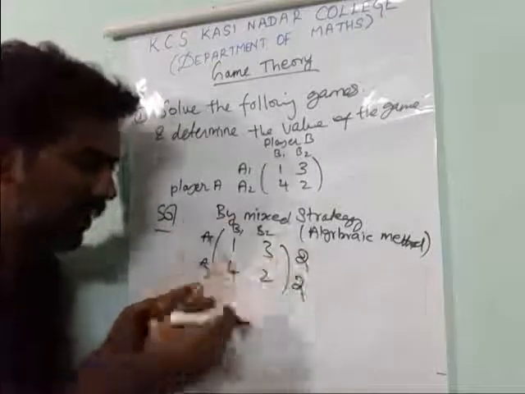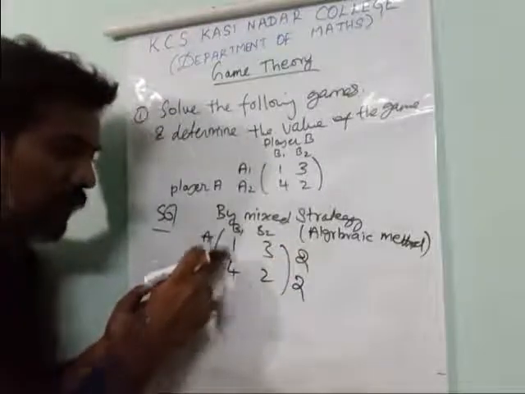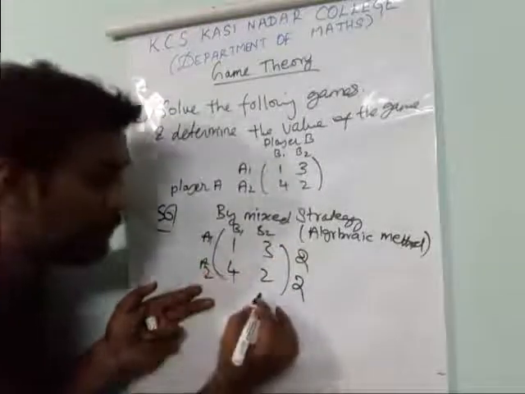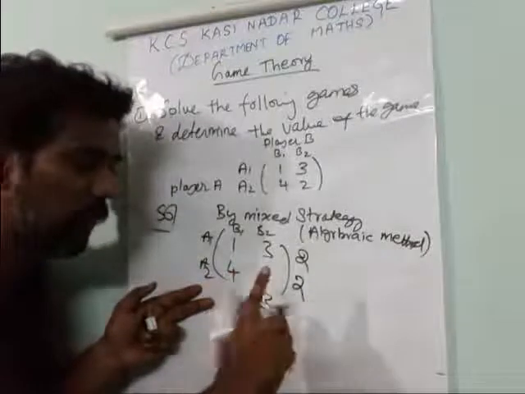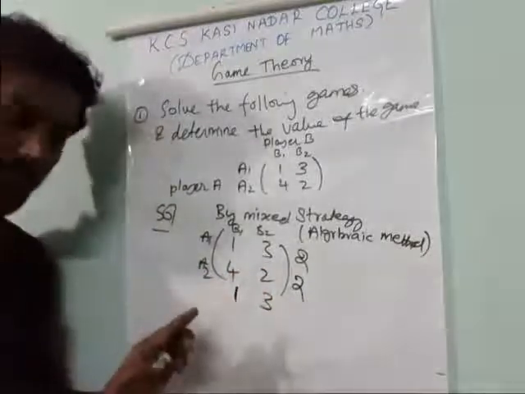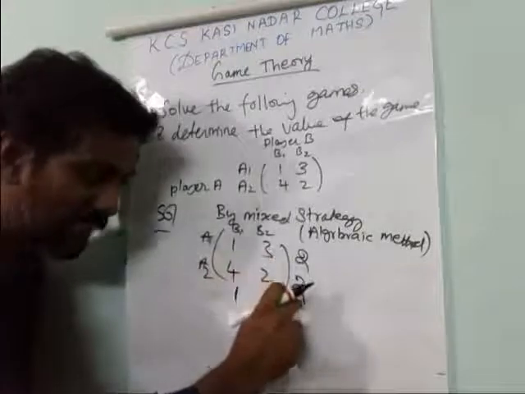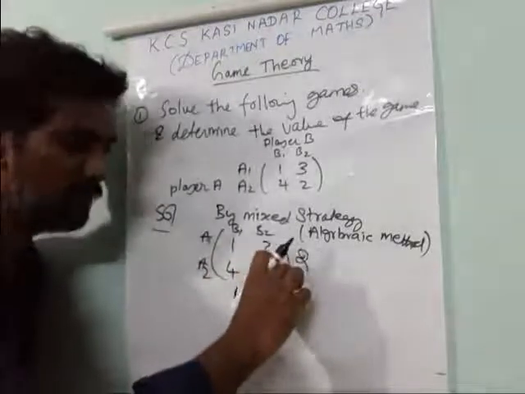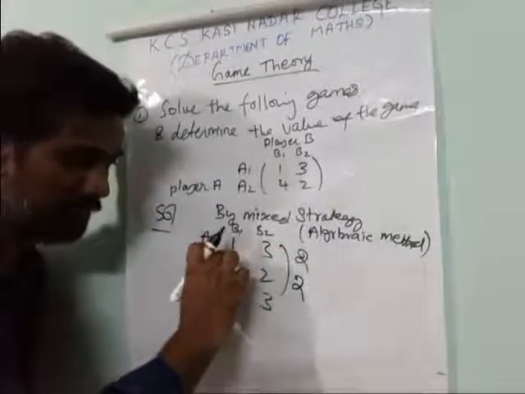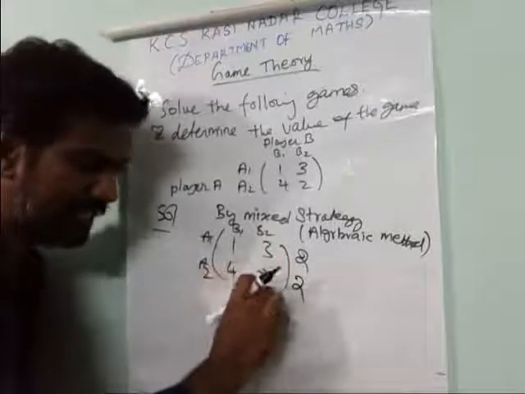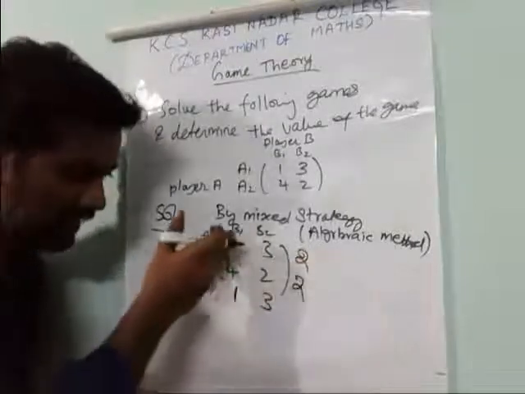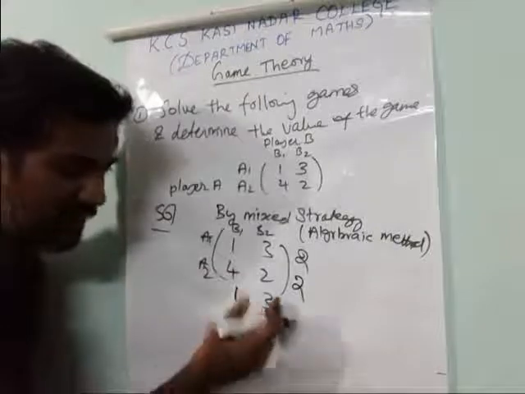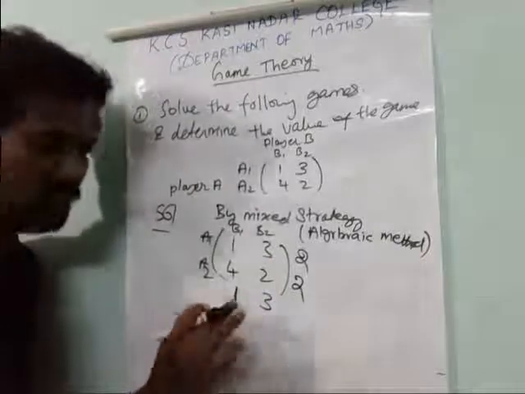Now column wise. 1 minus 4 is minus 3, you take plus 3. And 3 minus 2 is 1. Write 1. Just subtract and write down. In the first row you write it down, in the second row write it down. Likewise column wise, the first column you write on the right side, the second column on the left side. This is okay now.